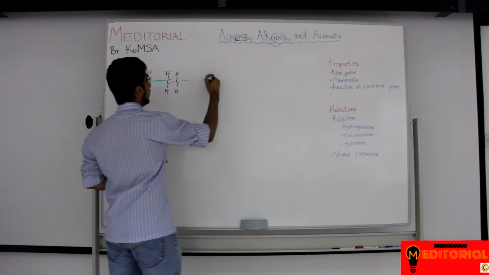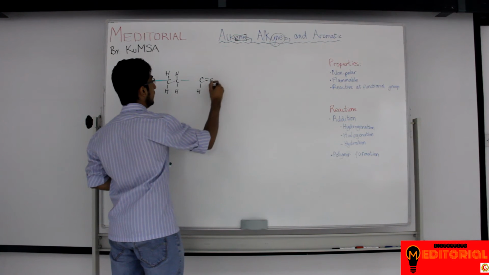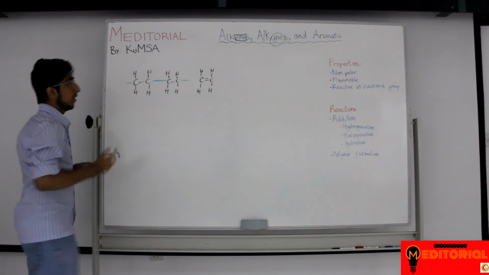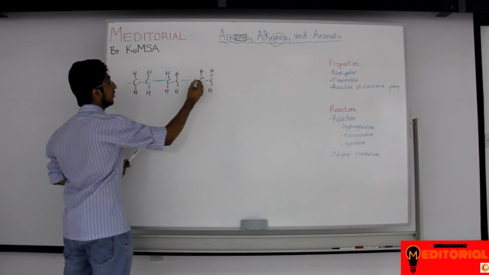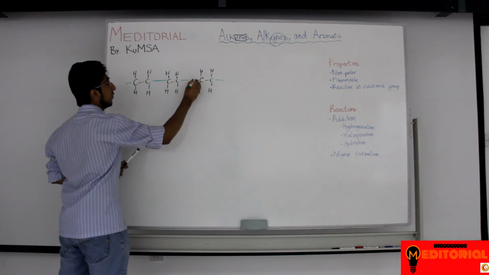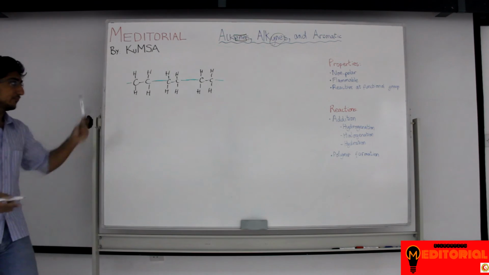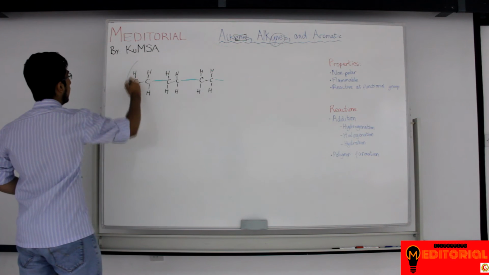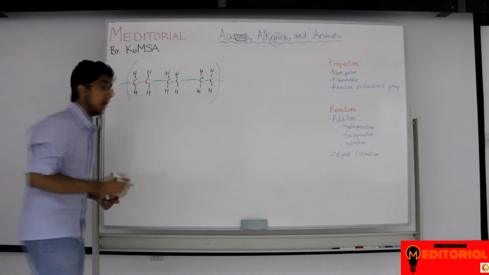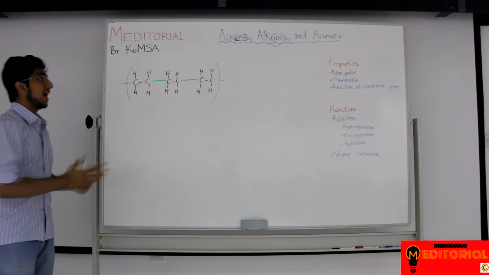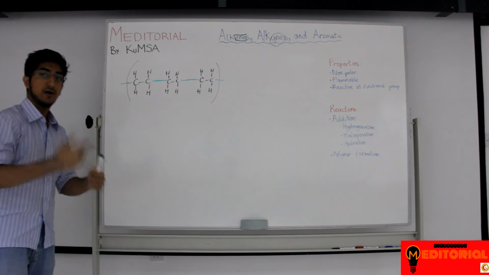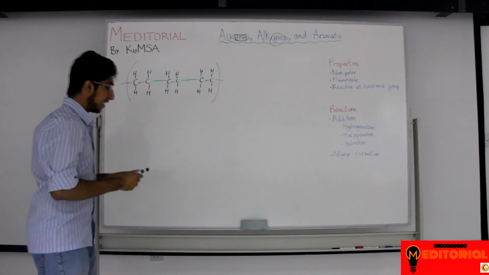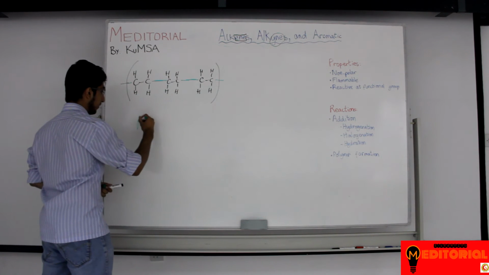Let's say you had another ethene here. If you had another ethene, this double bond could break, giving you 2 bonds. This bond would join, and now you have 6 carbons. And as you can imagine, you can keep on going and going. Now, we call these polymers because you can take an alkene monomer and you can keep on multiplying it again and again. Now, in this case, this would be called poly, because it's many,